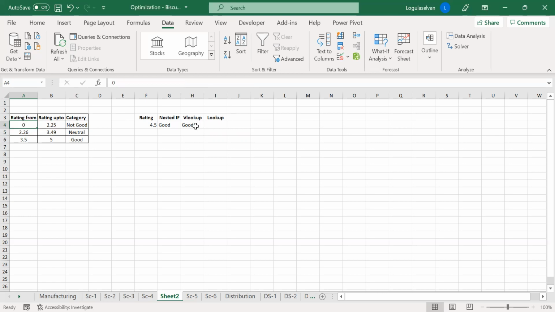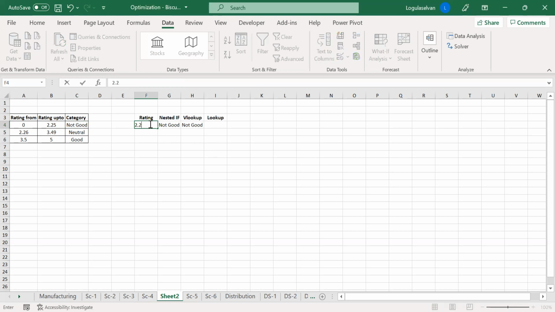For example, here I'm putting 0. So until the next condition becomes true, this VLOOKUP value will be valid. That means up to 2.26, the condition will remain the same. It will give the first category only.